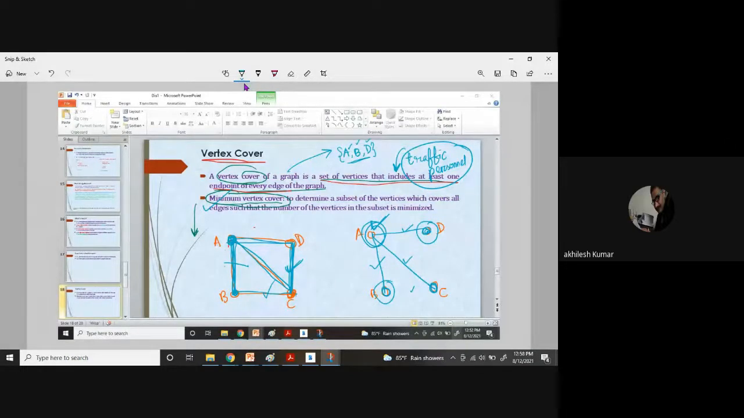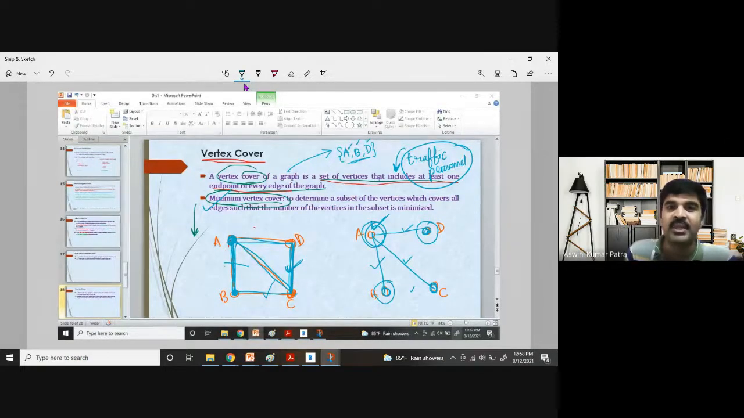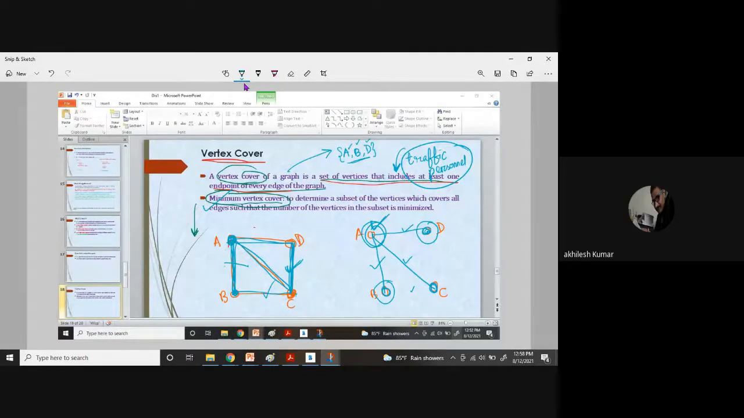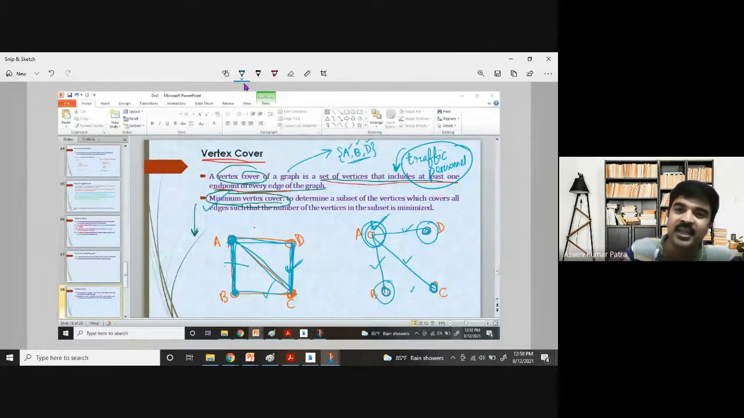In networking, sir, yes, in networking, the minimum number of routers you need, like in networking we do broadband services. Yes, but networking you cannot introduce to the kids, but you can introduce the traffic problem to kids